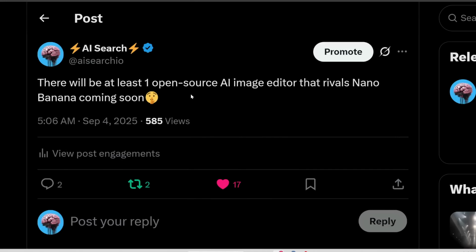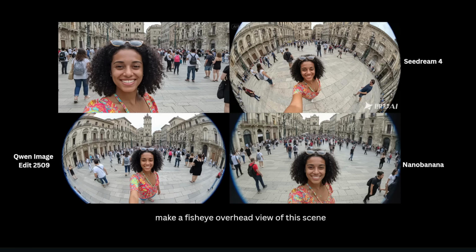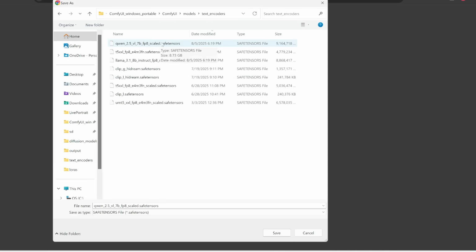A few weeks ago, I tweeted that there will be at least one open source image editor that's as good as Nano-banana. Well, ladies and gentlemen, the moment is finally here. So Alibaba just released Qwen Image Edit 2509, which stands for September of 2025. This is their best and latest image editor, and from my initial tests, it's as good or even better than Nano-banana. So in this video, I'm going to go over all the cool things it can do, plus its limitations,